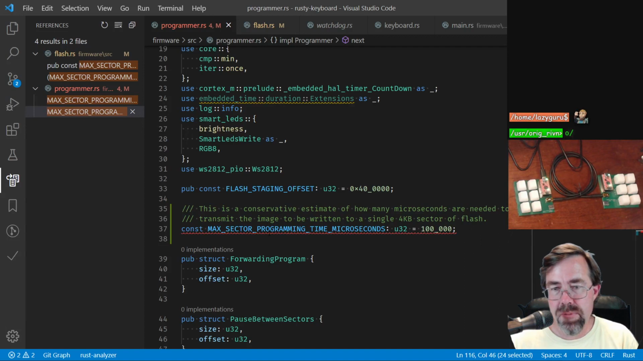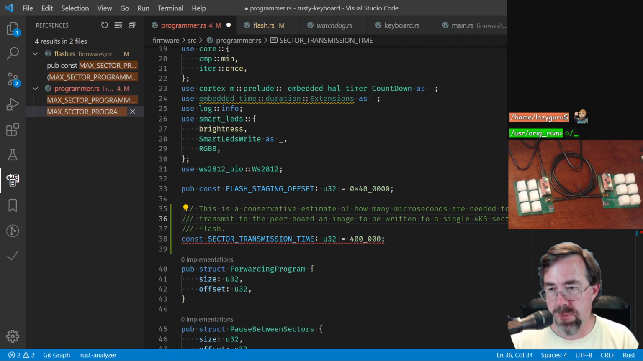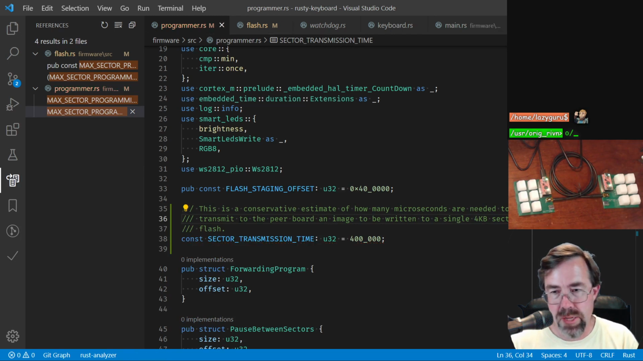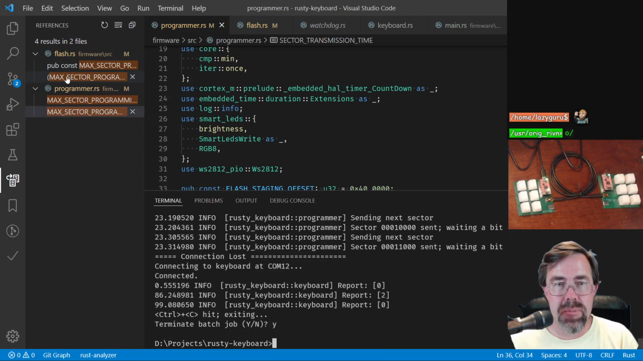All right, and then that's the constant's name. I wanted to add up to 500, so we'll make this 400,000. This is a conservative estimate of how many microseconds are needed to transmit to the peer board the image, an image, to be written to a single 4 kilobyte sector of flash. All right, let's build that. Just to make sure it gets actually